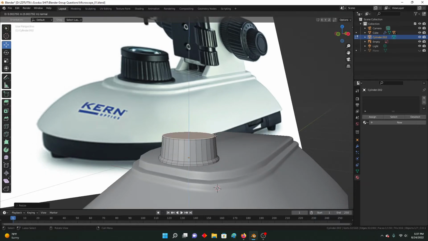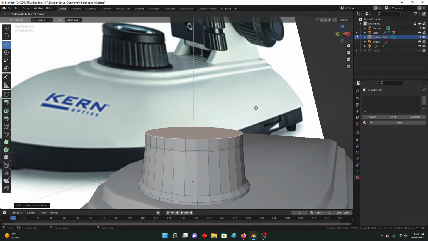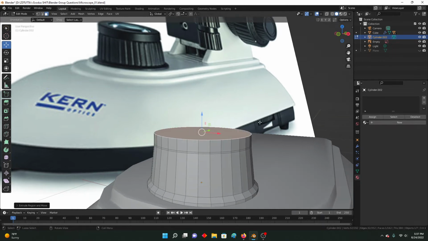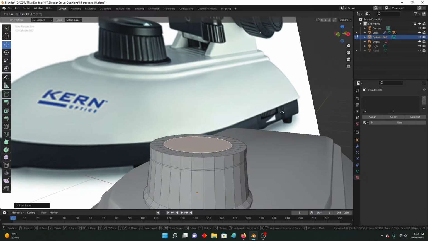Now E for this ridge, this gap right here, the line. Then E for the knob, or the lens frame. Then I, like that, I, GZ,